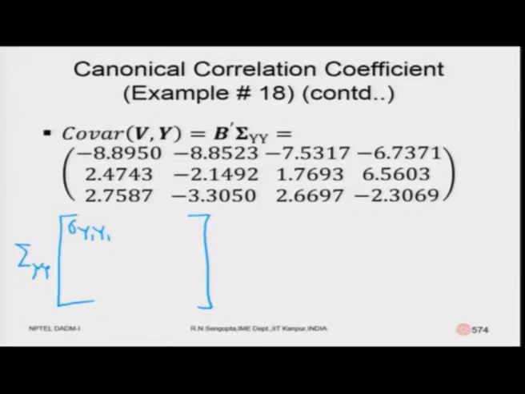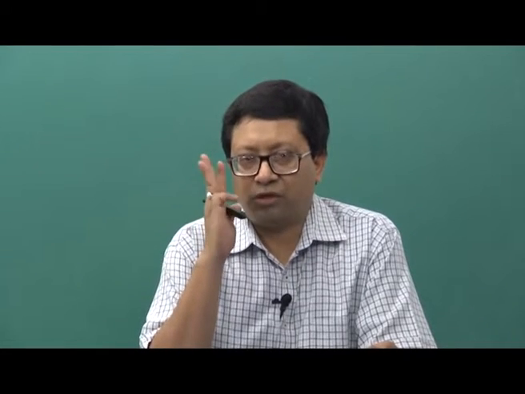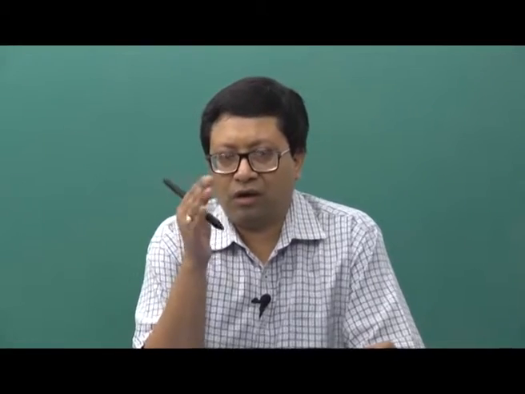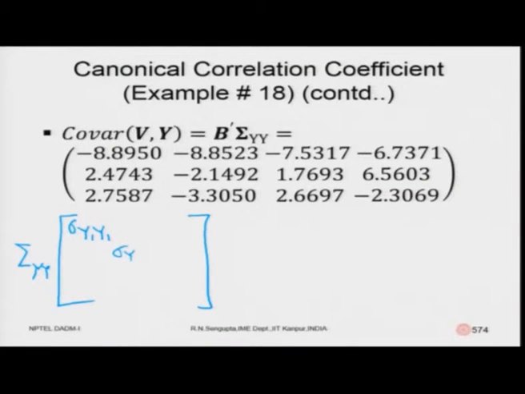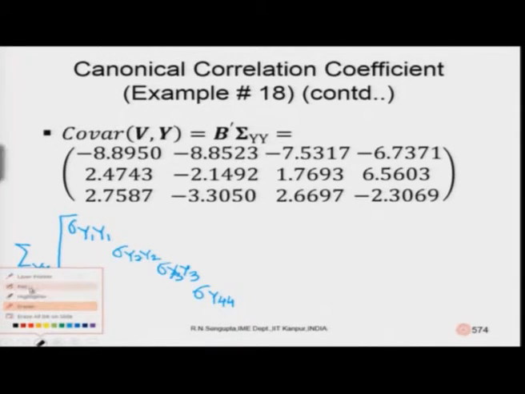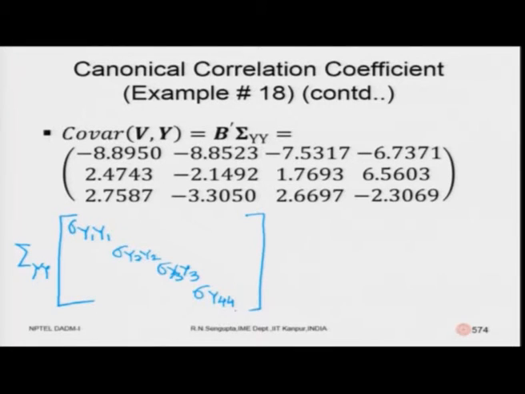Now, remember the sizes of sigma x x and sigma y y are different. In x you had 3 variables x 1, x 2, x 3 and in y you had 4 variables y 1, y 2, y 3, y 4, depending on the level of dependent structure we find out. So, this will be sigma y 2, sigma y 3, sigma y 4. So, I should basically expand, and the off-diagonal elements would all be mirror images.